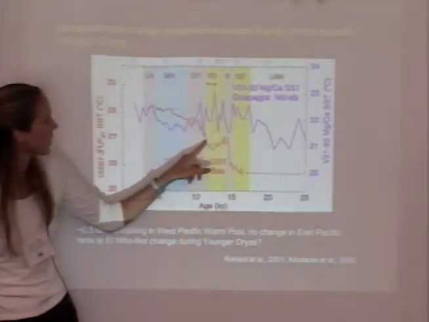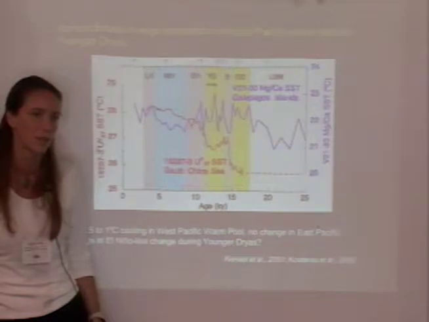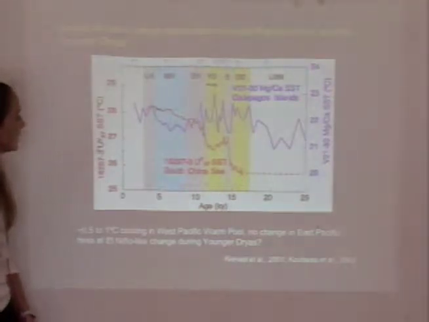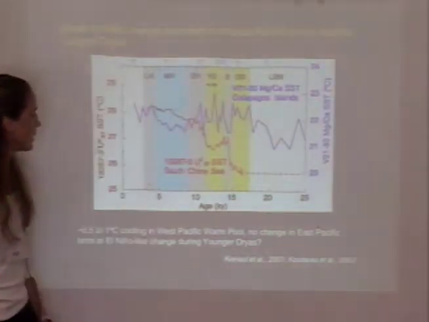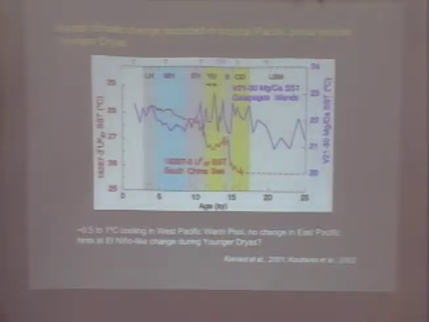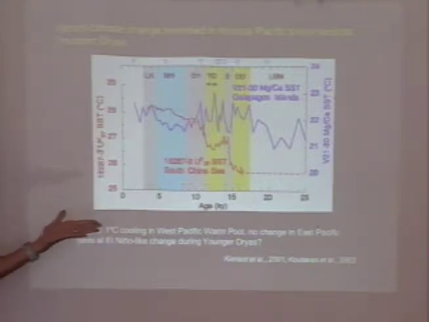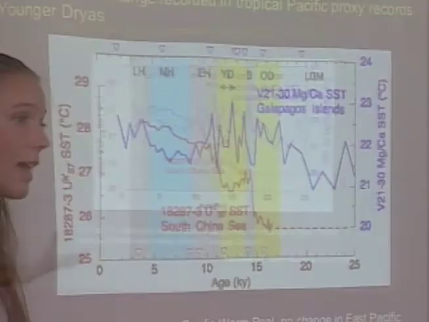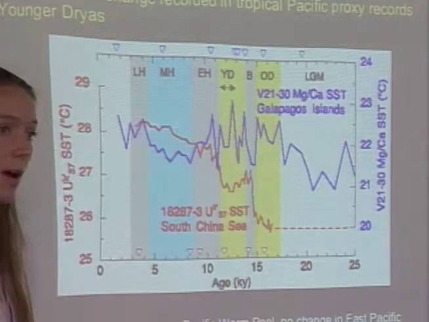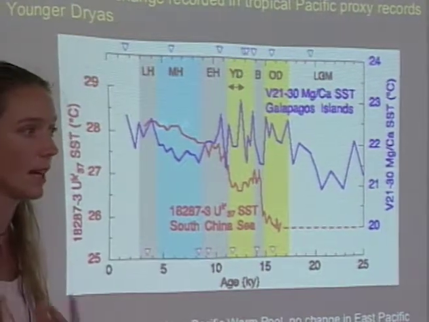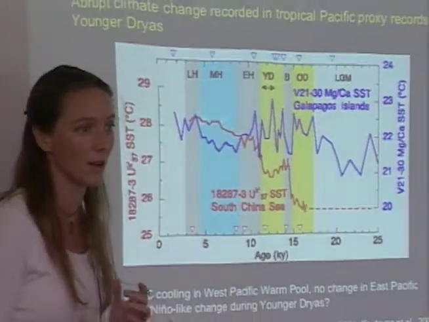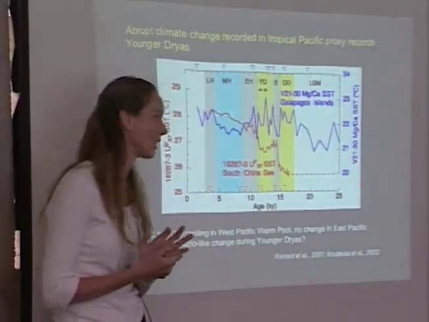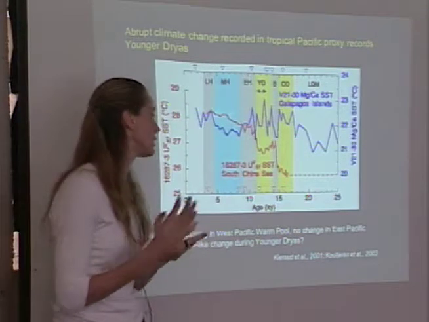So they see this reversal that coincides with the Younger Dryas, the Greenland Northern Hemisphere Younger Dryas event. And then, of course, a Holocene record after that. So it does seem that the tropical Pacific participates in the abrupt climate change events, and I think that's the take-home of these slides. The framework for understanding that could be an El Niño response to smooth radiative forcing. That's another take-home from the Clement model. We can't test that right now. We don't have the records to test that, but that is one way to put those two together.